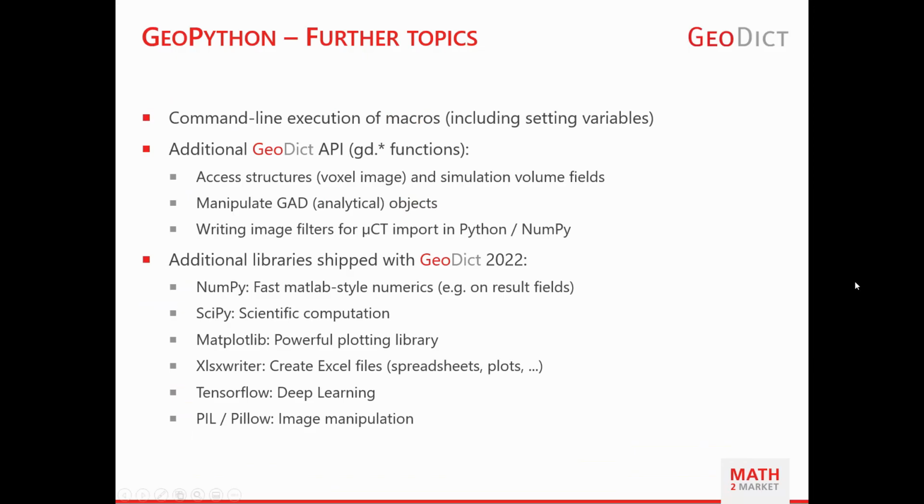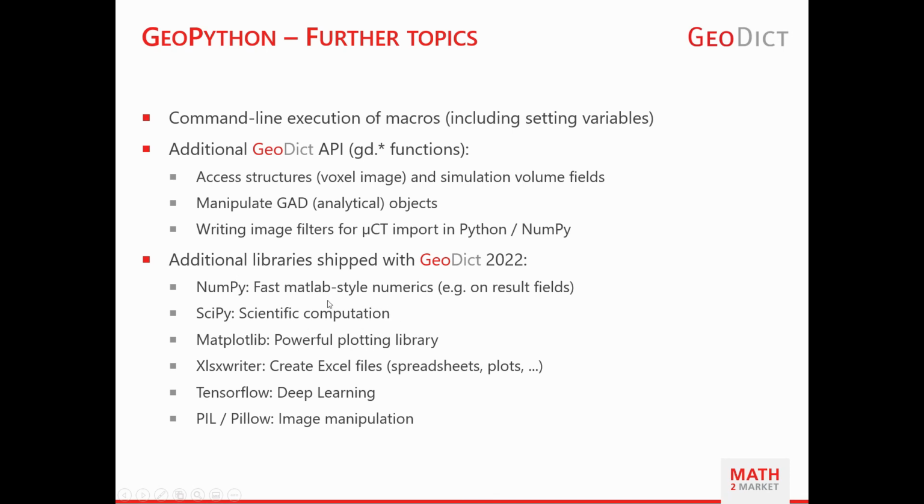Beyond that, we also include some additional libraries in Geodict, namely NumPy, which, as I said, allows you to do fast numerics in the style of MATLAB, so basically matrix-vector style. For example, to run statistics on result fields or combine result fields. Or SciPy, which is built on top of NumPy and gives you even more methods for scientific computation.